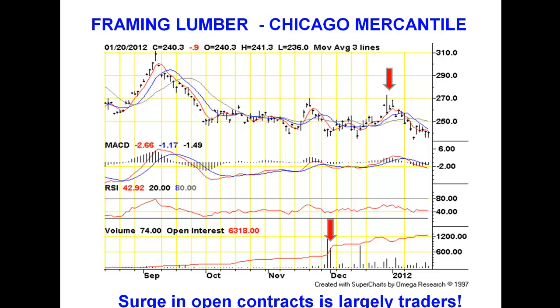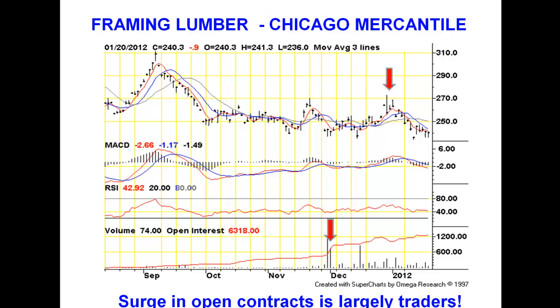We tend to see an increase in contracts in the fall. This year it's been a little bit bigger. Who owns these contracts? Well, usually it's commercial interests. If you're a lumber supplier, a Home Depot, a warehouser, or one of the private lumber providers, you usually own these contracts, but there are also brokers, traders, speculators, if you will, who get involved in this to try to make money.